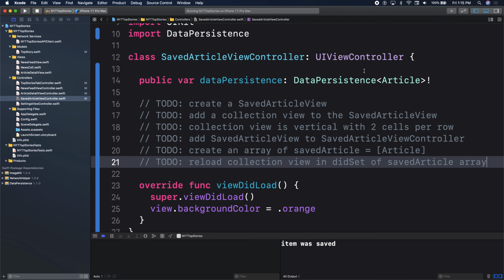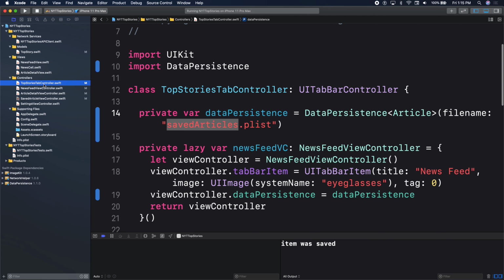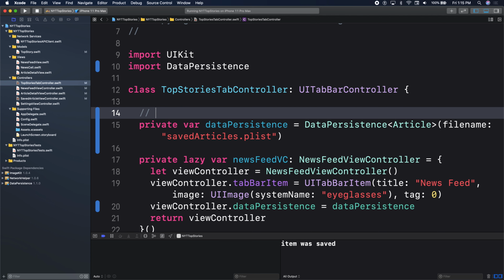All right, let's go over data persistence from the beginning, where we started with the tab controller. So on Tuesday, you want to work with data persistence. Where do you start? Tab bar controller. What do you do? Line 14. Setting up data persistence and its delegate. And then we'll say,